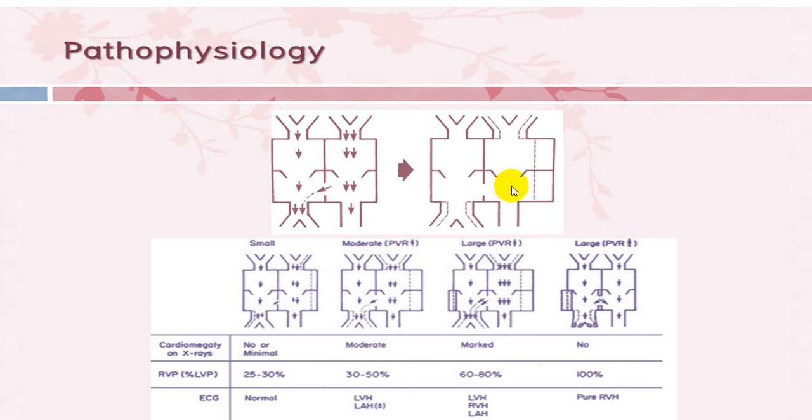All that blood from LV will be partially ejected into aorta, and major blood will go into RV because the resistance is less. So you will have a volume overload on RV. We have already explained that because of volume overload, there will be right ventricular dilatation and hypertrophy. RV pressure will be elevated because of pulmonary pressure elevation, and then the shunt will stop, no longer shunt, and now you will come across a stage where the shunt stops. You call that Eisenmenger syndrome.